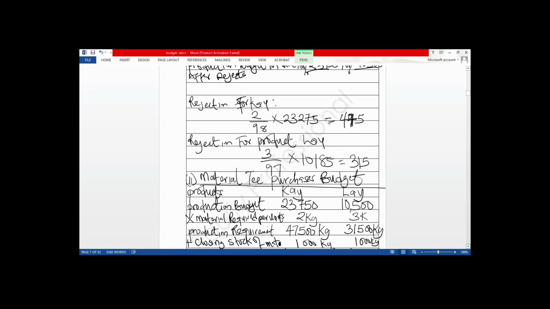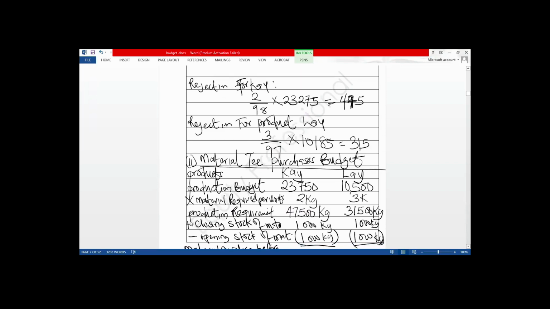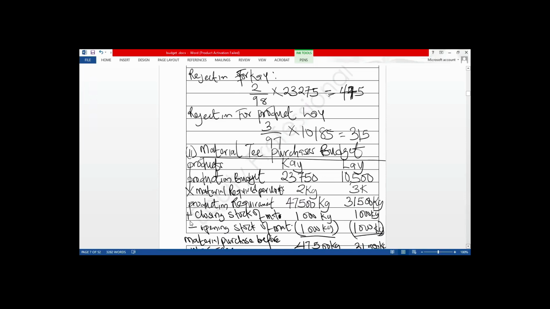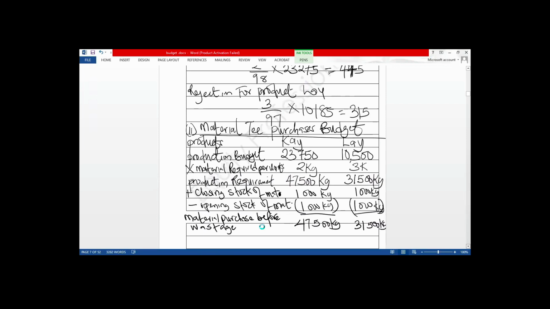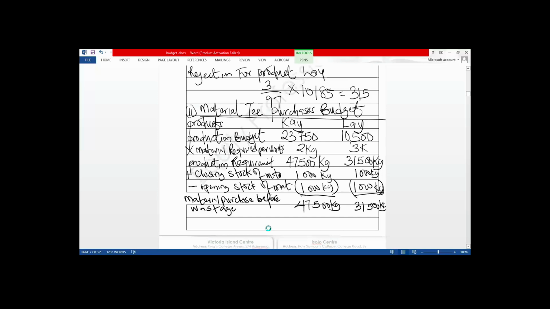Now come here. Plus anticipated wastage. Now let's go to the question. If you refer to the question, the examiner says 5% of material for product K will be wastage, while 10% of material for product Lay will be waste. That means for me to purchase, I must incorporate